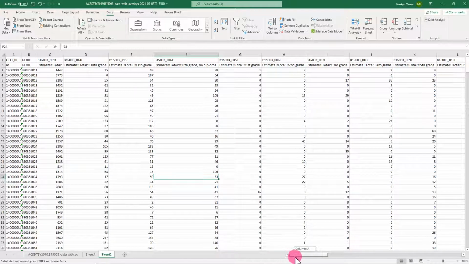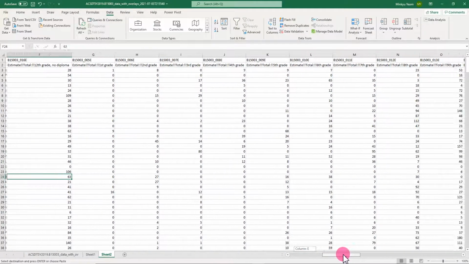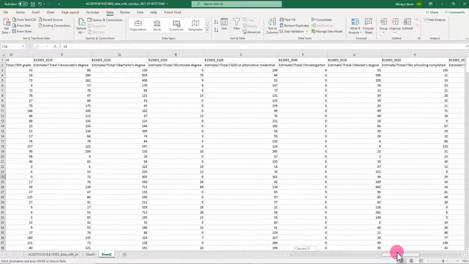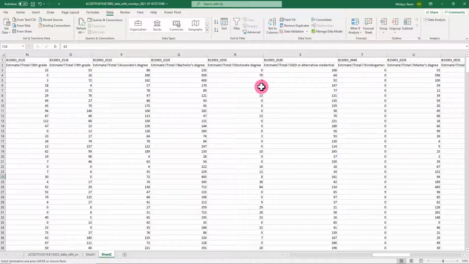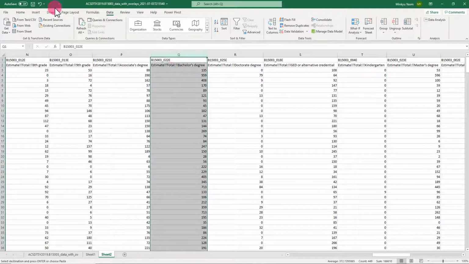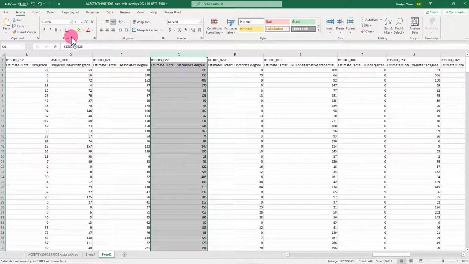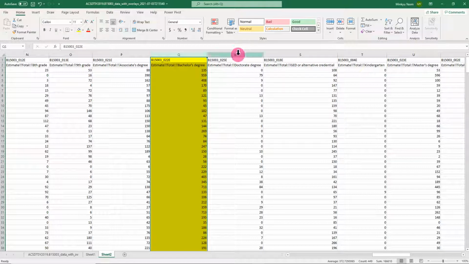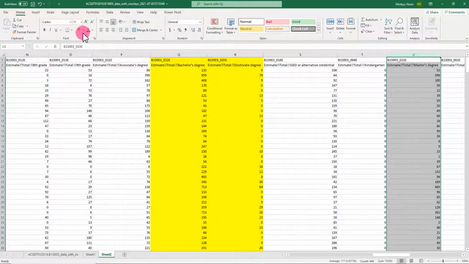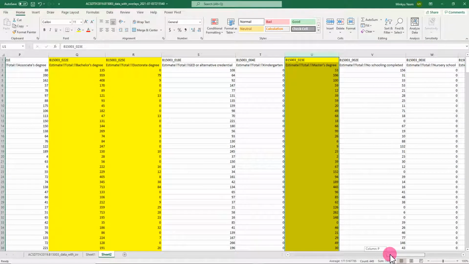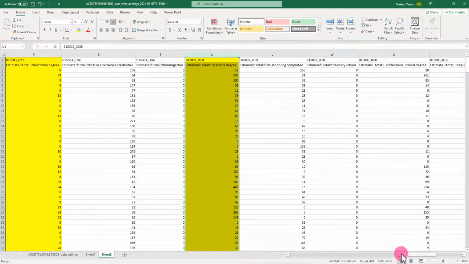So we are going to just make the mark. Here we go. We need a bachelor's degree. Go to home and make it yellow. And doctorate degree, make yellow. Master's degree, make it yellow. And what else we got here? The professional,